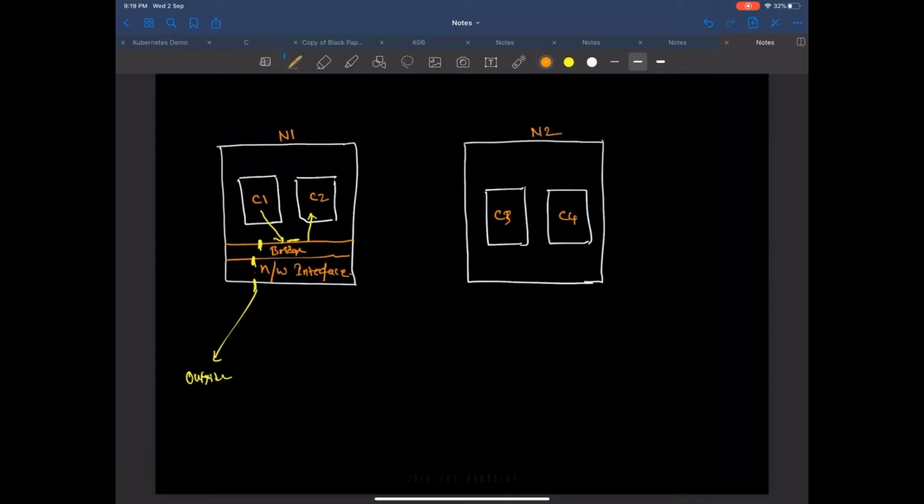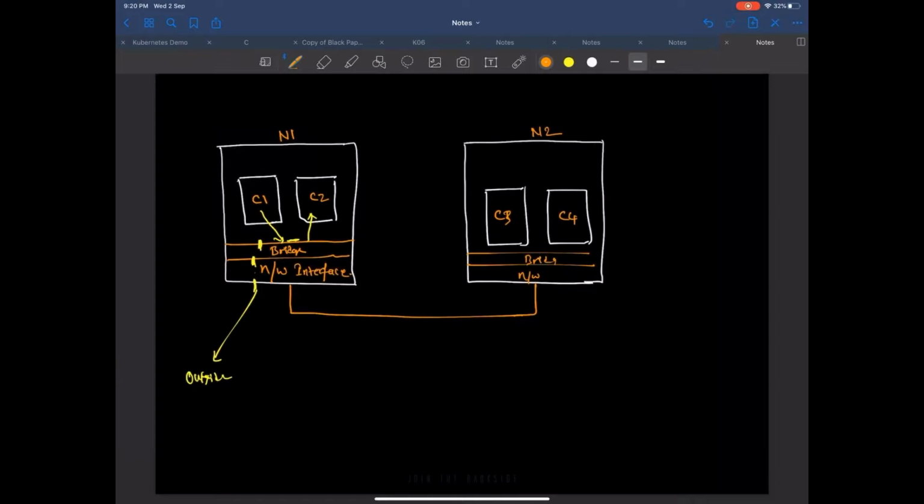Now I want to communicate between the other node, the other network. It's the same story. You're going to have a network, and you will have a bridge. Now these two network interfaces are communicating. If container 1 wants to talk to a container on the other network,